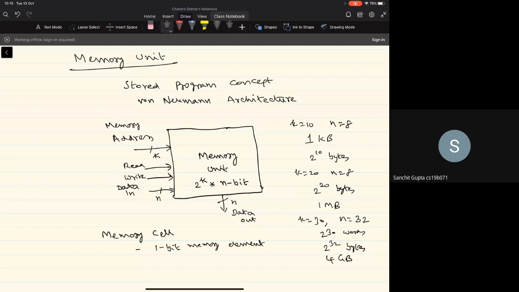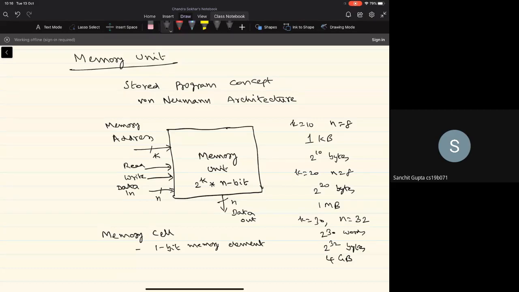But the only question we have to think about now is the logic required to implement the memory unit. Can it be the same as the logic that was used in the design of the register file? And what was the memory cell in the case of the register file? It is a D flip-flop, right? As we'll be seeing later, a D flip-flop is too complex to build memory units of very large size. So we'll go for a simpler cell that will be just adequate to perform the basic storage operations like the read and write operations. We'll come back to that quickly.